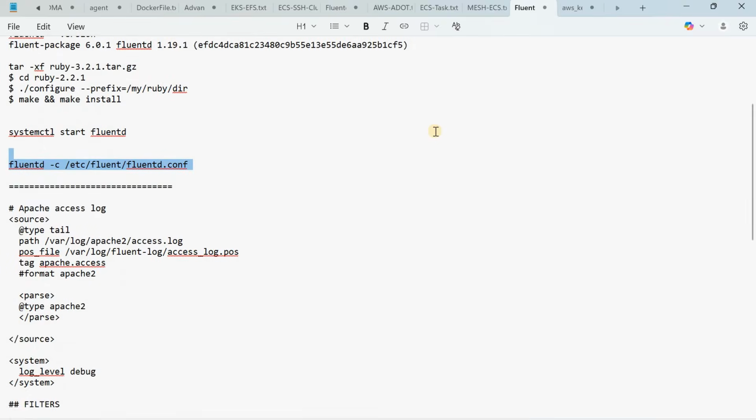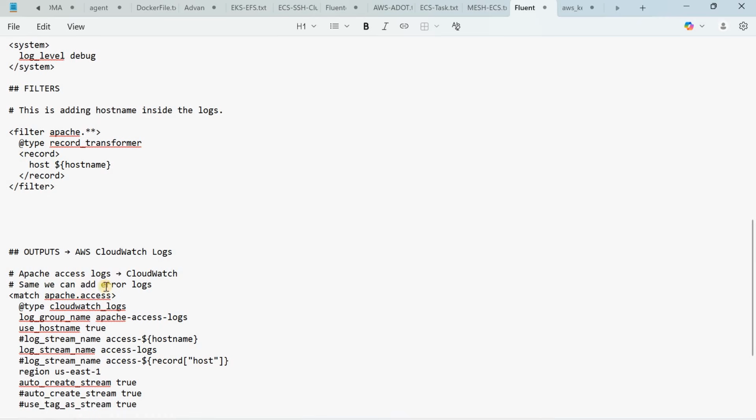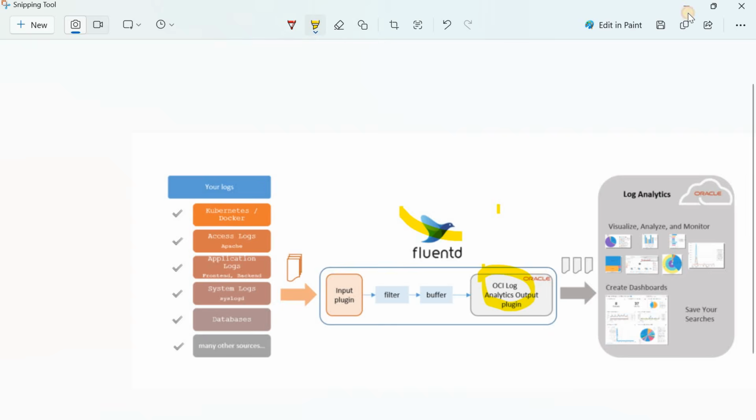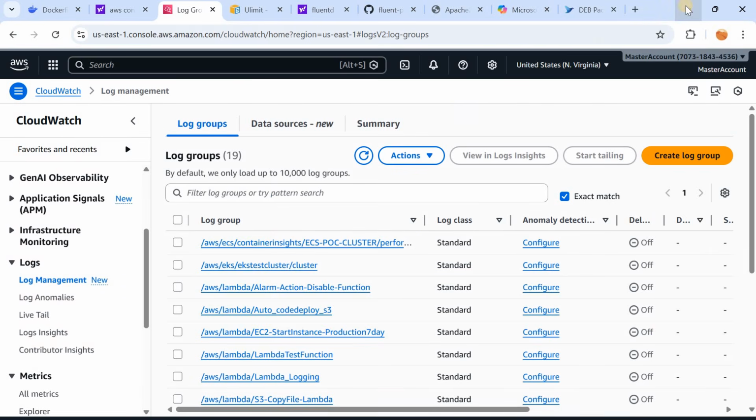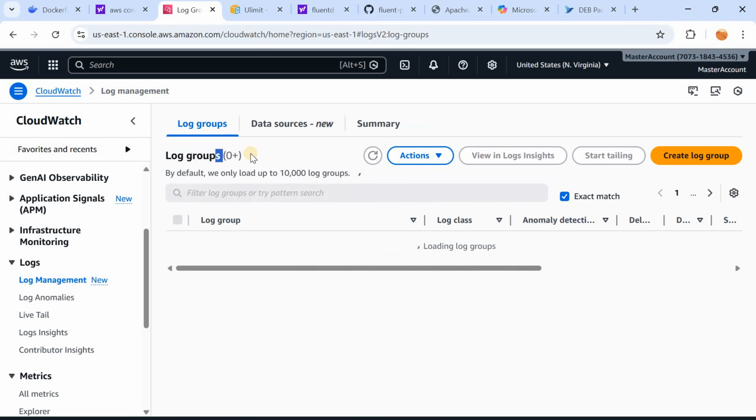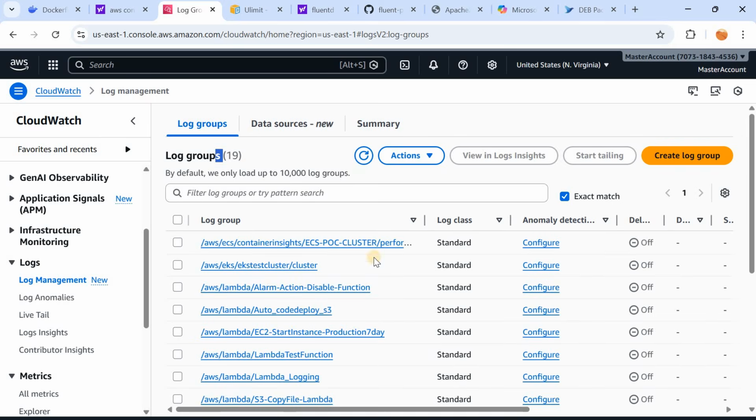So as I discussed, a new log group can be created with the name Apache access log group. Let's go to the AWS console first. Okay, and here there are 19 log groups. Once we refresh this, it will be 20. So going to the